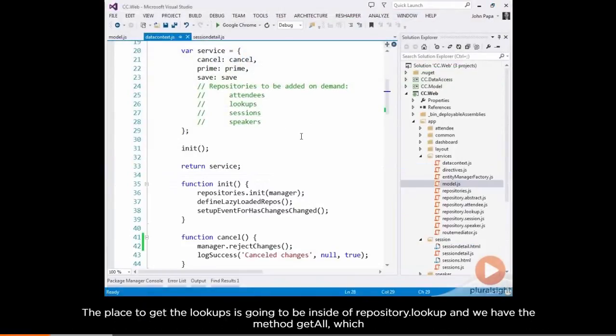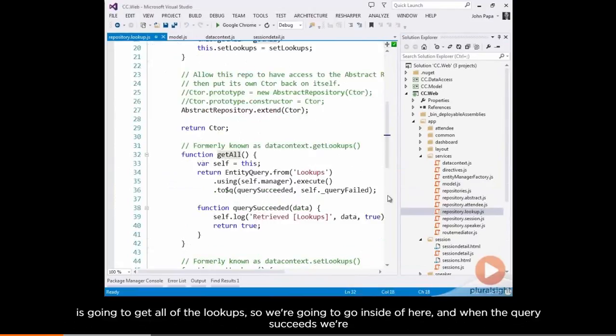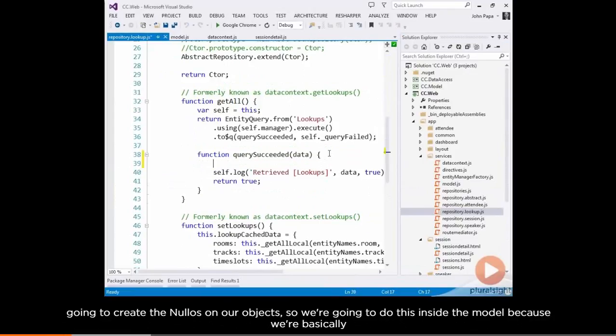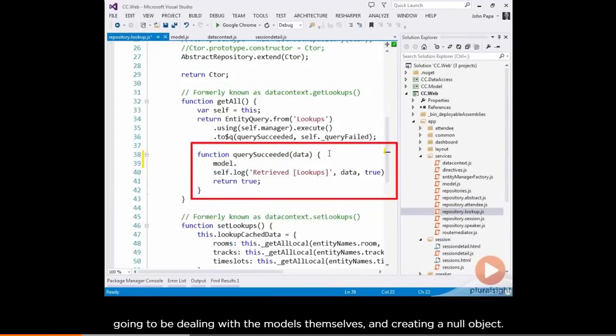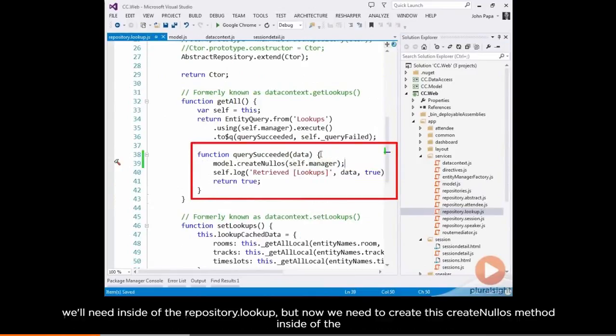So the place to get the lookups is going to be inside of repository lookup. And we have the method getAll, which is going to get all the lookups. So we're going to go inside of here, and when the query succeeds, we're going to create the nullos on our objects. So we're going to do this inside the model because we're basically going to be dealing with the models themselves and creating a null object. We'll pass in the manager because we're going to need that so we can create these null objects. So that's all we'll need inside of the repository lookup, but now we need to create this create nullos method